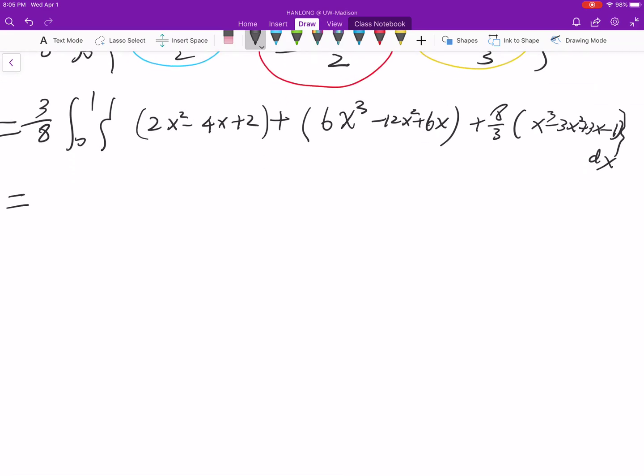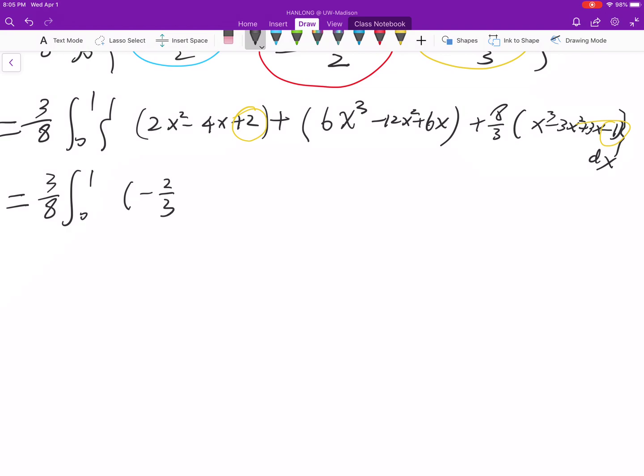Okay, then let's combine terms. So first, let's look at the constant term. Here you have 1 minus 8 over 3. So you have 2 minus 8 over 3. Then in total you have